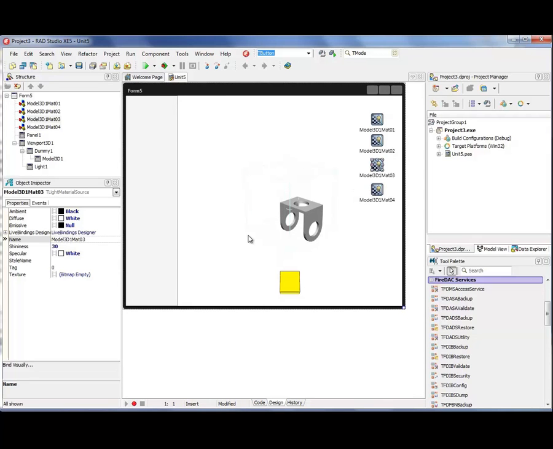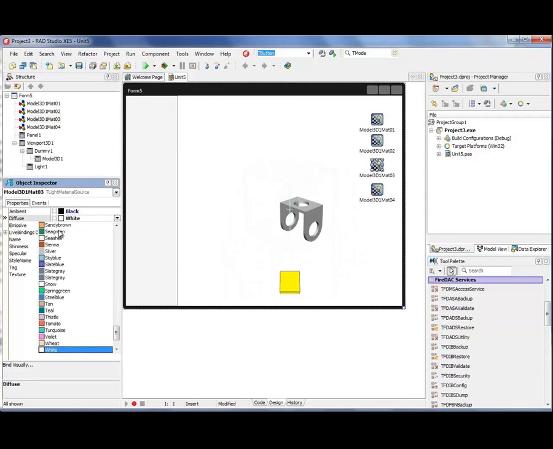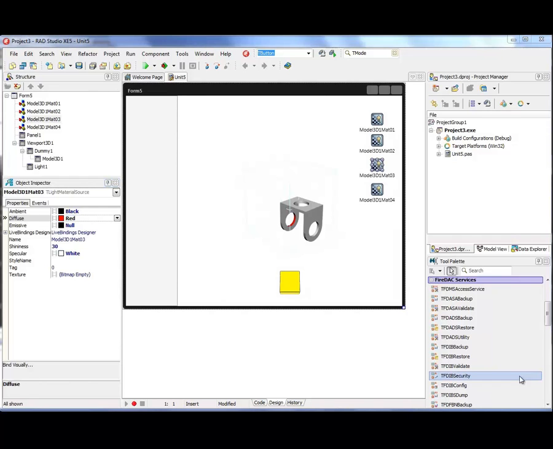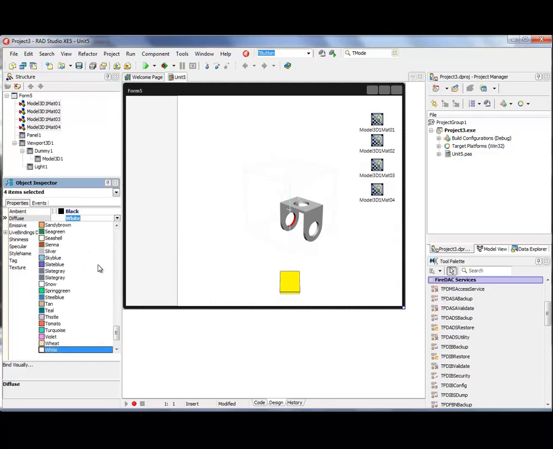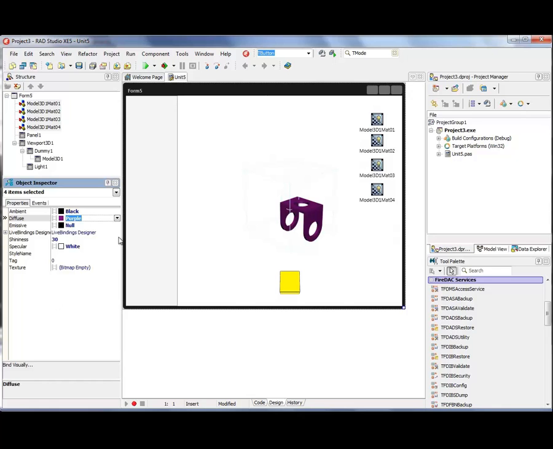For example, if we change the color of the first, maybe to red, you see that not all the color is changed, but the color of one hole. Let's now select all the 4 materials with the Shift key and change all the materials at once to purple, for example, or a bit lighter, like olive.